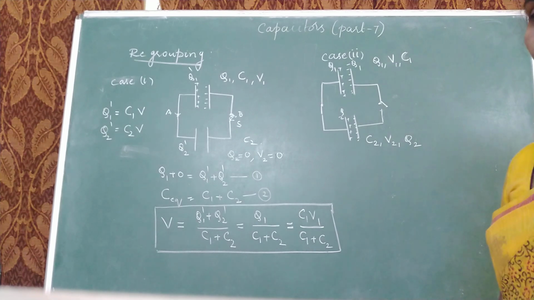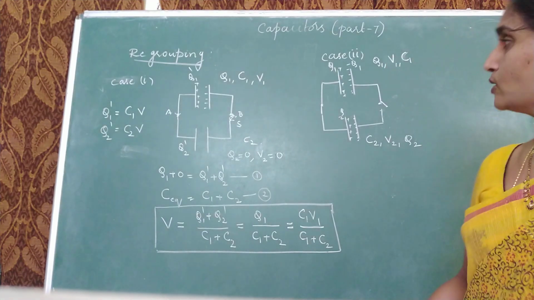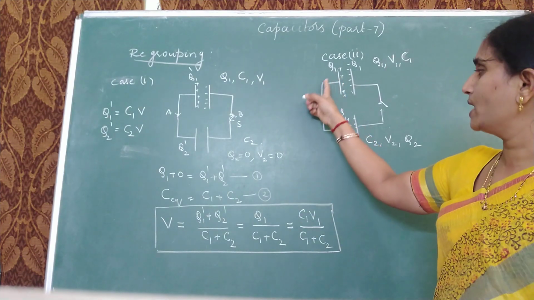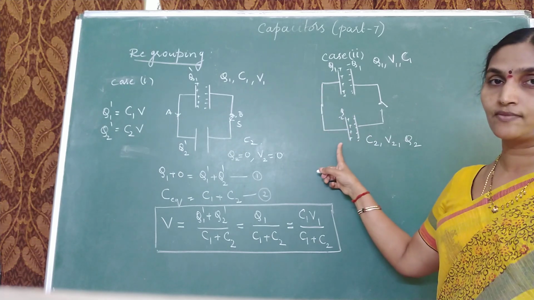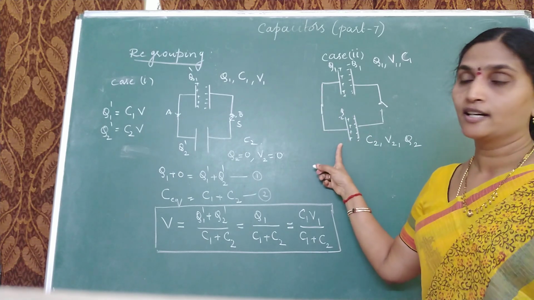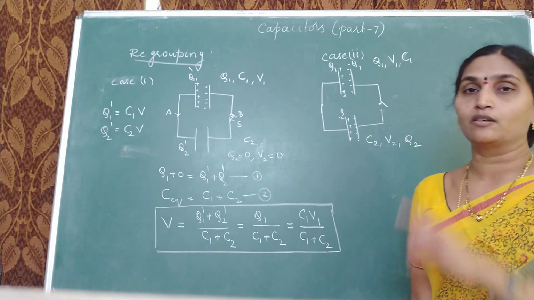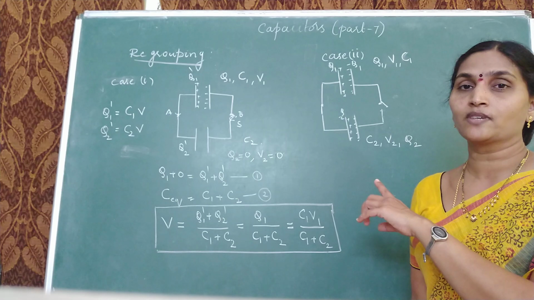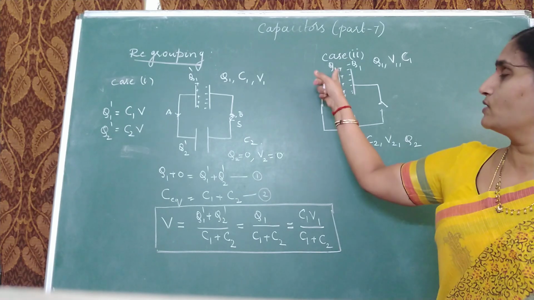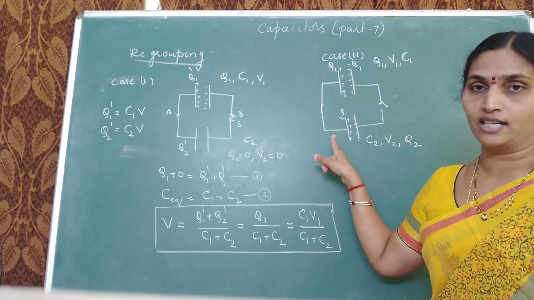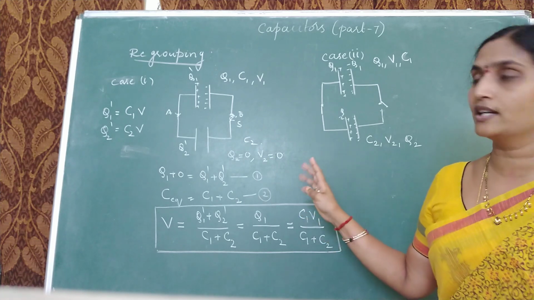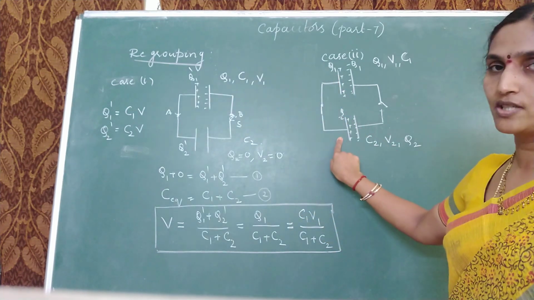Now in case 2, observe carefully how we are connecting the two capacitors. Positive plate we are going to connect to positive, because here two cases will arise. When you are connecting two charged capacitors, how are you making the connection? Positive to positive and negative to negative, or opposite? Positive of this connected to negative of the second. That also we will study, but here I am taking positive to positive.